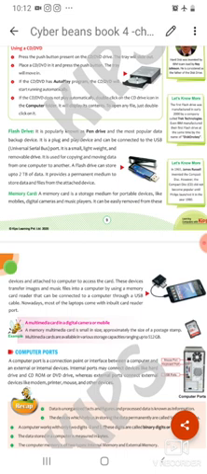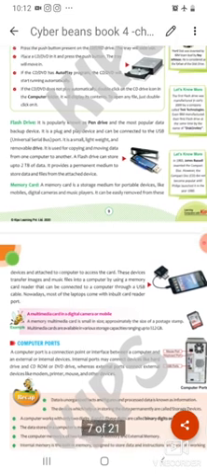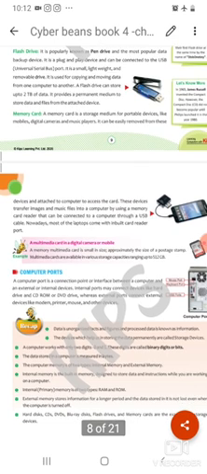Next, we are going to discuss what is memory card. A memory card is an electronic data storage device which is used for storing digital information, typically using flash memory. They are commonly used in portable electronic devices such as digital camera, music player, mobile phones, computer, tablets, video game consoles, electronic keyboards, and digital piano.